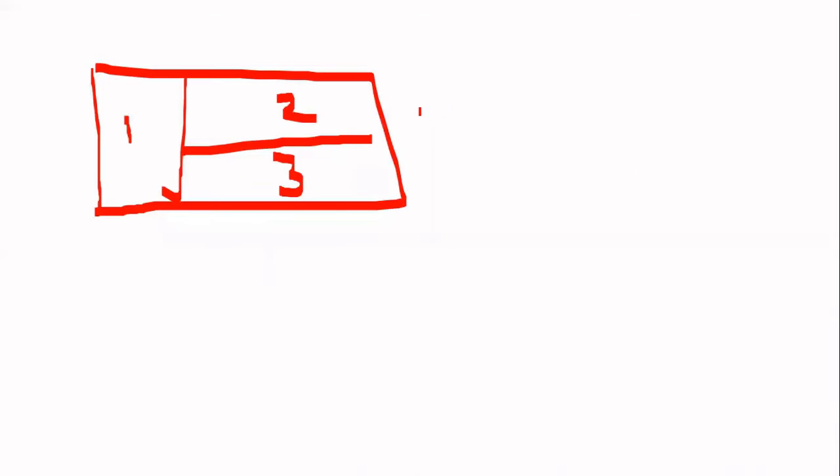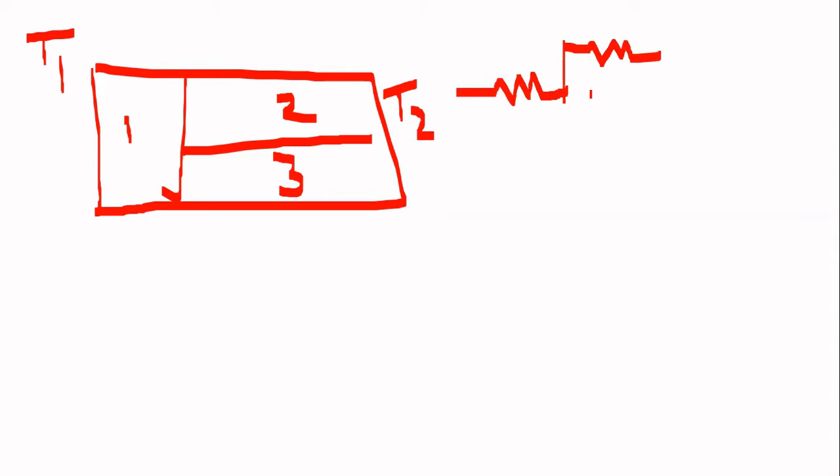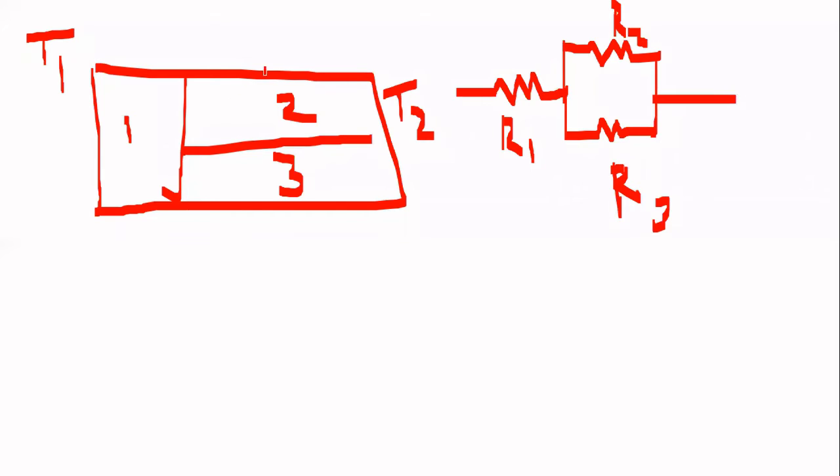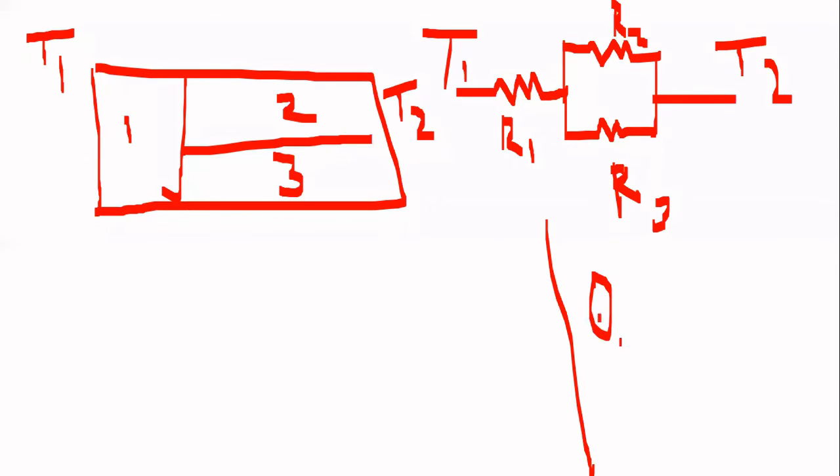In the previous case, we saw that all the resistances were in series with each other. In this case, if this is the T1 value and this is the T2 value, here we have three resistances, but all are not in series. If you draw the system, this will be the first resistance, and the second and the third resistance will be in parallel with each other. So this is R1, this is R2, and this is R3. If you want to find the equivalent thermal conductivity in this case, again I will suggest the same method: find the rate of heat transfer first.